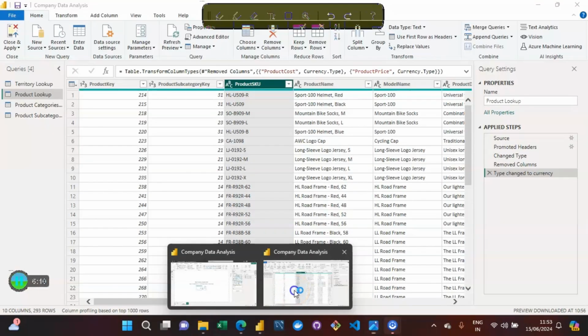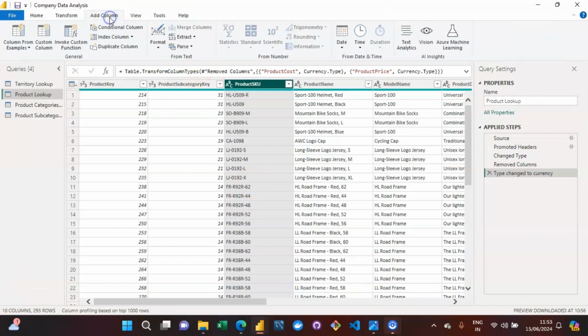As I was telling you, in the ribbon itself we have this option of Add Column. If you make use of this Add Column, you'll see this Extract option over here. So I'm clicking on the specific column, getting into this ribbon, Add Column, and then on clicking the Extract button, you'll see the option Text Before Delimiter. A dash is going to be the delimiter, before which we have to extract the data. So I'm going to click over here,